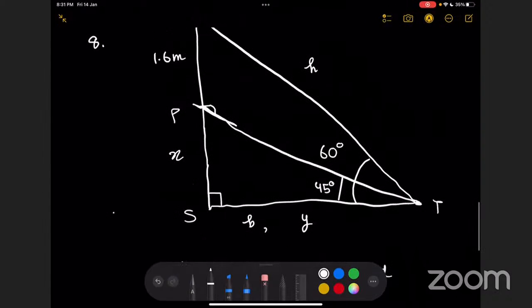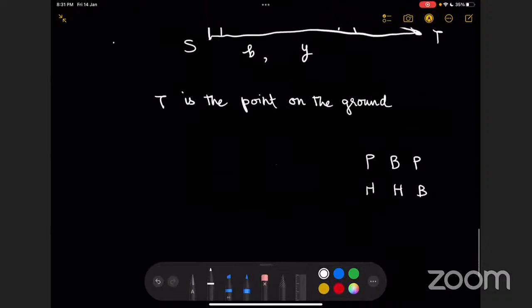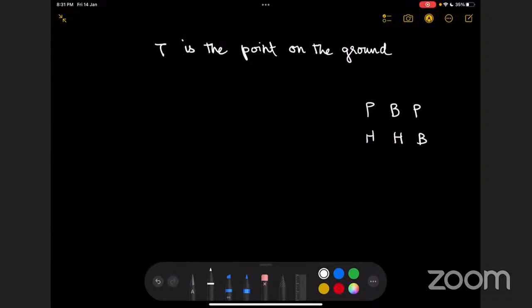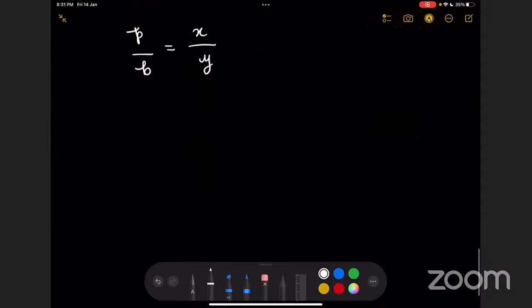The value that has been given to us is PS, which is X. It's not given, but you can denote that by X. So tan 45 degrees equals 1, which is P upon B. And we know that the perpendicular is X and the B is unknown, so that's Y. We know that X upon Y equals 1. Therefore,